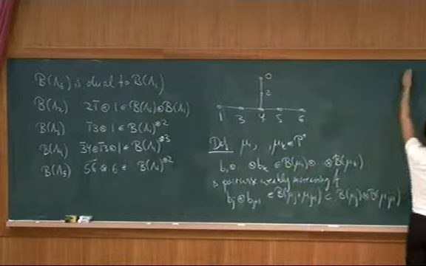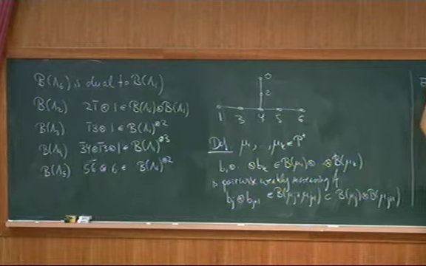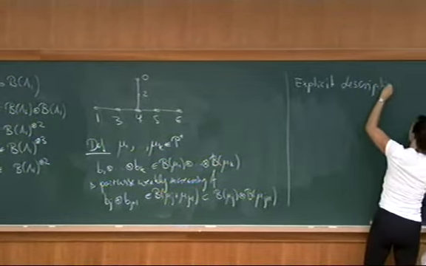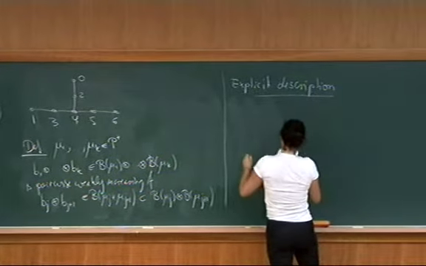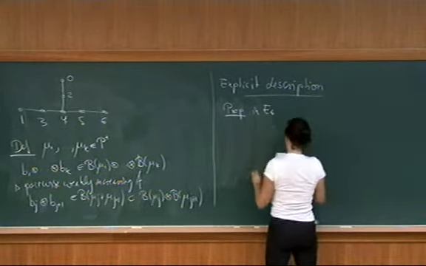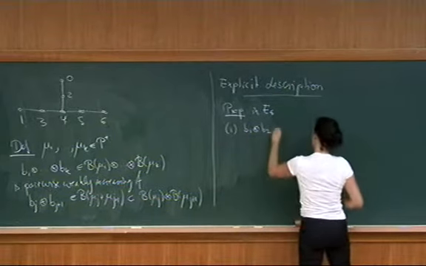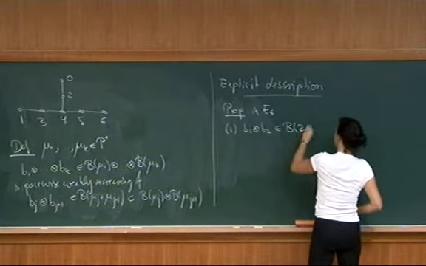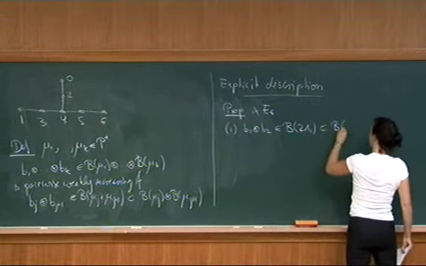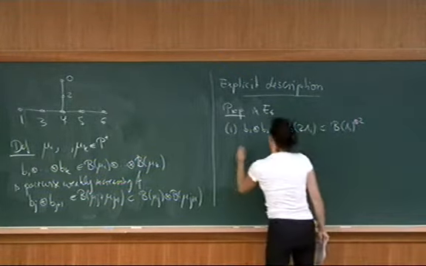Okay, and in fact we have also explicit descriptions in certain cases. So for example, this is in E6, if you want to know whether B1 tensor B2 is in B 2 lambda 1, which sits in B lambda 1 squared, then this is true if and only if